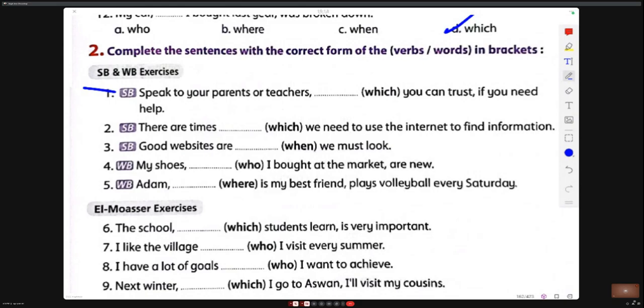Speak to your parents or school teachers that you can trust. Who. Bravo. There are times dash we need to use the internet. When, or at which time.